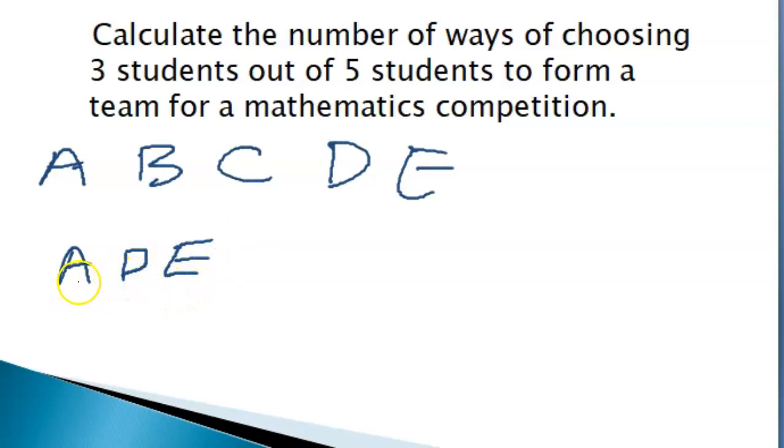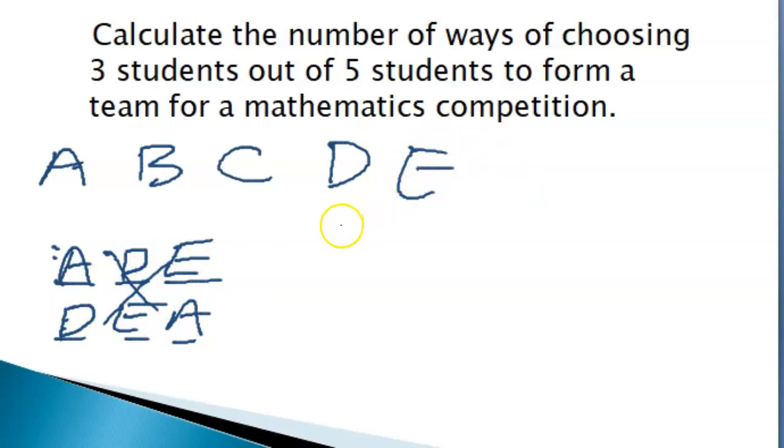If we put them in the order D, E, A, you should ask yourself, is that a different team? Same 3 persons. Let's say this person is Alistair, this person is Damien, this person is Eve. If we arrange the persons in a different seating, is it a different team? Same 3 persons, so the same team. So in this case, the order doesn't matter, because ADE is the same thing as DEA, the same 3 persons. So when the order doesn't matter,